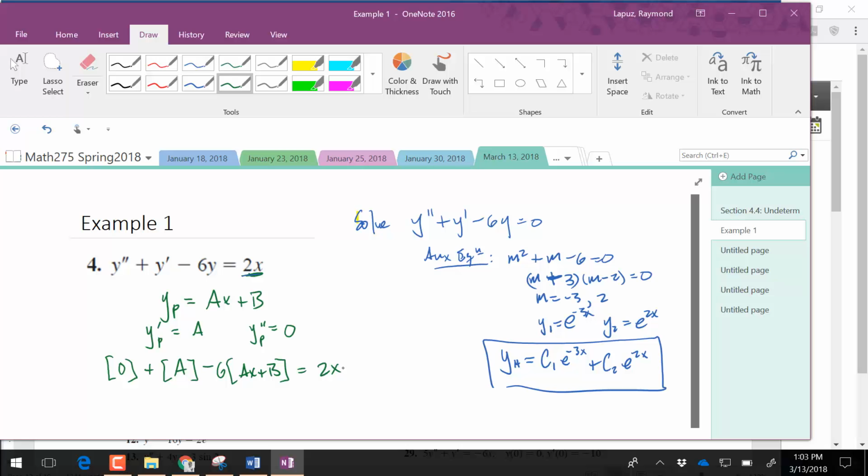So this kind of gives you a glimpse of why you would probably want the form of your guess for your particular solution to look like this, in general. And then when you put all this stuff together, let's see what we have here. We have minus 6a times x plus a minus 6b. If we combine the terms with an x and then combine the terms without the x,